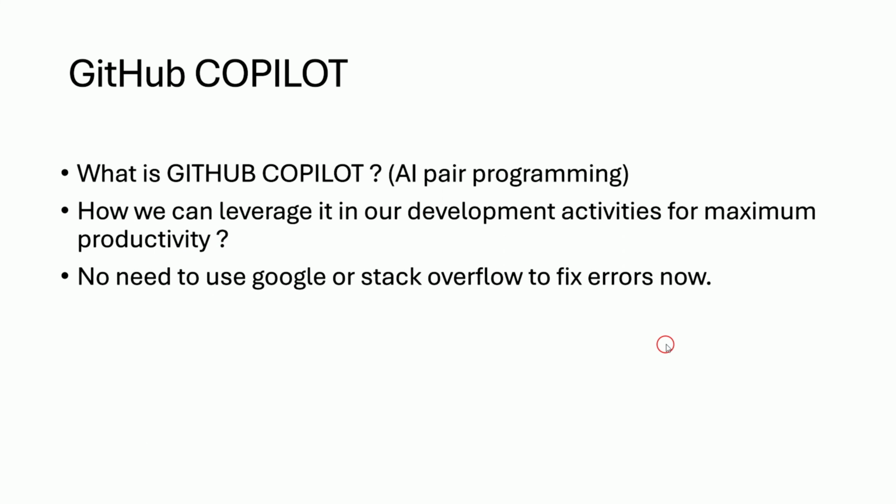And yeah, we know earlier if you were trying to develop something, we as developers remember how to do the task, but we don't remember the particular syntax we need to write for a particular problem, right? We know how to solve the problem, but we struggle a lot with syntax. So in that case, we used to go to Google or Stack Overflow to fix the errors now and then. But with GitHub Copilot, your AI companion, you no longer need to use Google or Stack Overflow